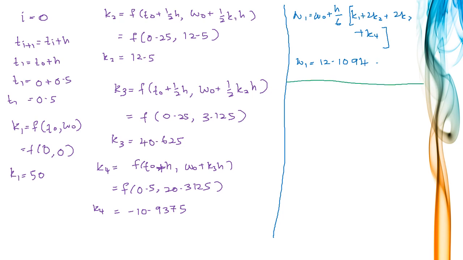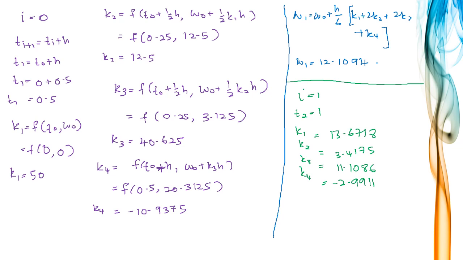Okay, how about W2? For W2 we need to repeat the same process as before, but our i is equal to 1. When i equal to 1, we have t2 is equal to 1. So we start with our k1, k2, k3, and k4 again. So from here, I will have k1 is equal to 13.6718. k2 is equal to 3.4175. k3 is equal to 11.1086. And k4 is equal to minus 2.9911. Then I substitute into the formula. So I have my W2 is equal to 15.420